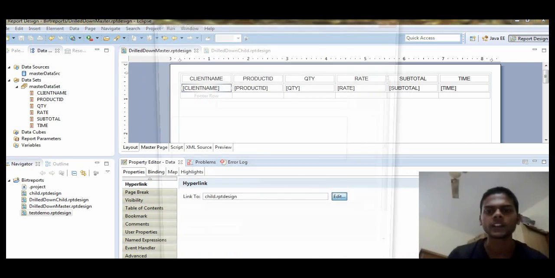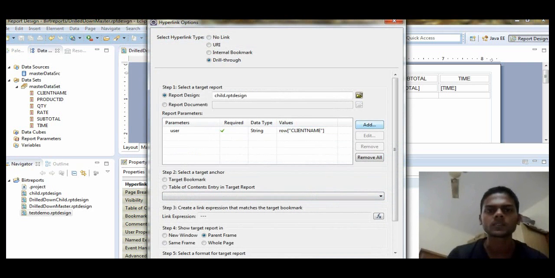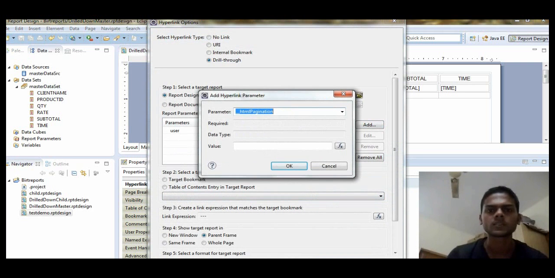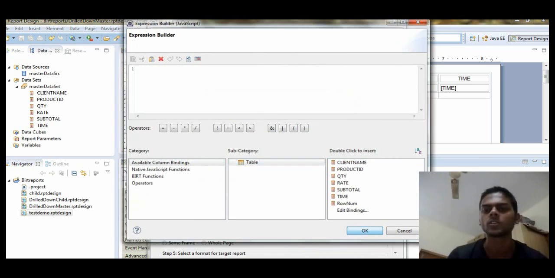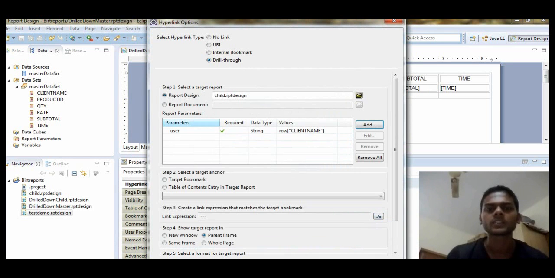You can create here any name. Go to the function. In function, go to the available column binding, tables and client name. Click on OK. It will fill up the first row with the name you have written, user, and the client name. Click on OK.